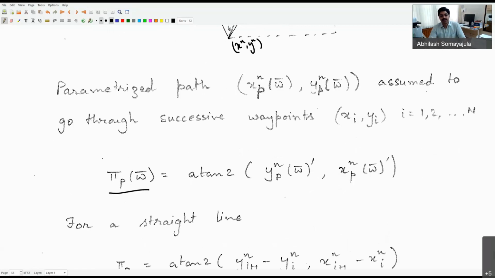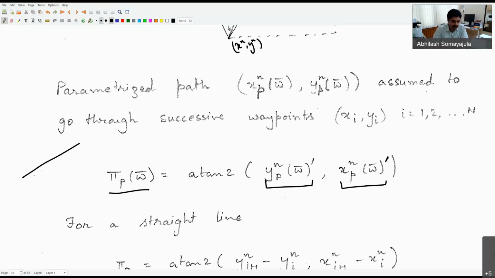Okay. Now, that pi p can be expressed as atan2 of yp prime divided by xp prime. Which means I'm taking a derivative of this with respect to the path variable omega bar, and then I'm taking an arctan, and that should give me the local path angle at that particular point. Notice that we do not know where xp and yp are to begin with, because I do not know. In the previous case, we were having a straight line,